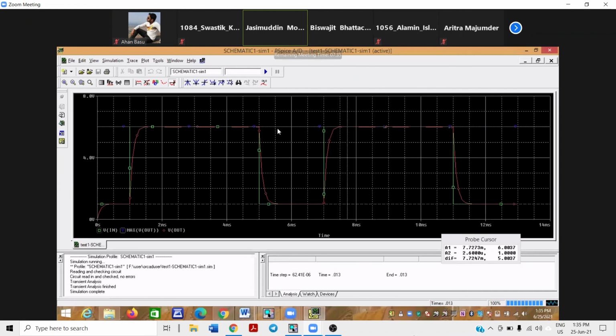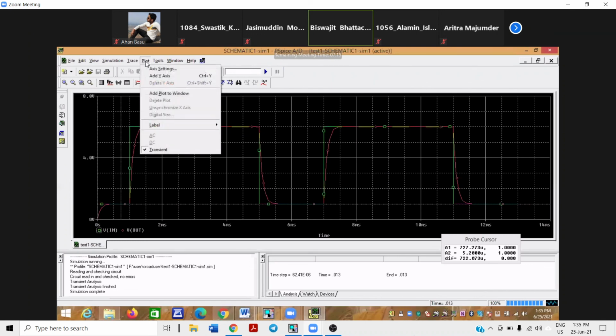So what I am telling you is that you can do anything as you wish. Now if you want to delete it, click it here, push the del button on your keyboard. It is deleted. This is called the probe window. If you want, you can go to the plot. You can change the axis setting.